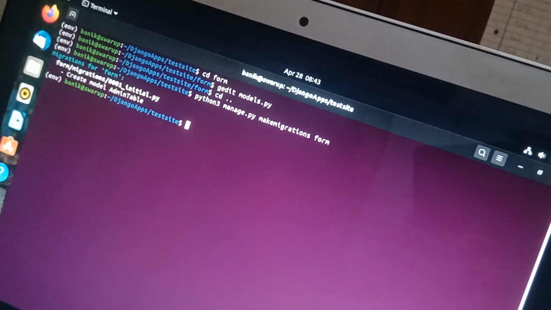So here it runs and it created an admin table. Make migrations: we are telling Django that we have made some changes in the models, and that we would like these changes to be stored as a migration. So here we go. Next one.